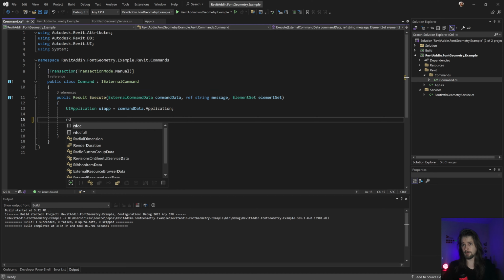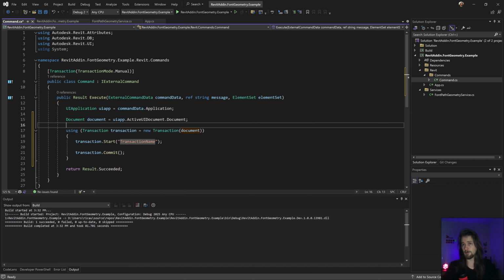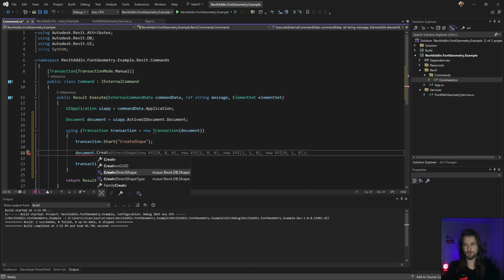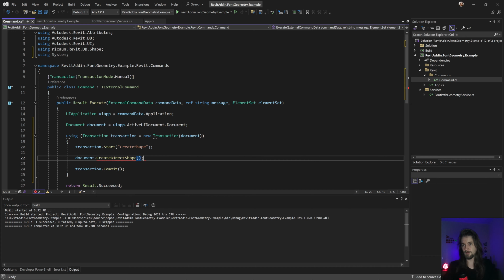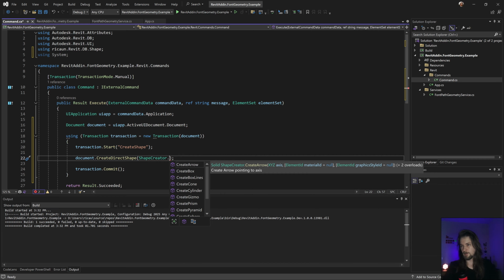I'm going to create a document here to start, and create the transaction as well. Let's create a shape. With that library I have this extension to create a direct shape. With this I can easily create another shape. I have the shape creator, and a lot of other things here, like this one.